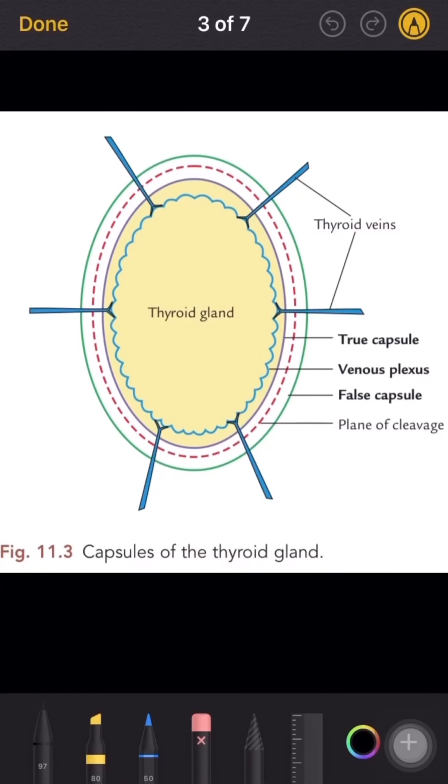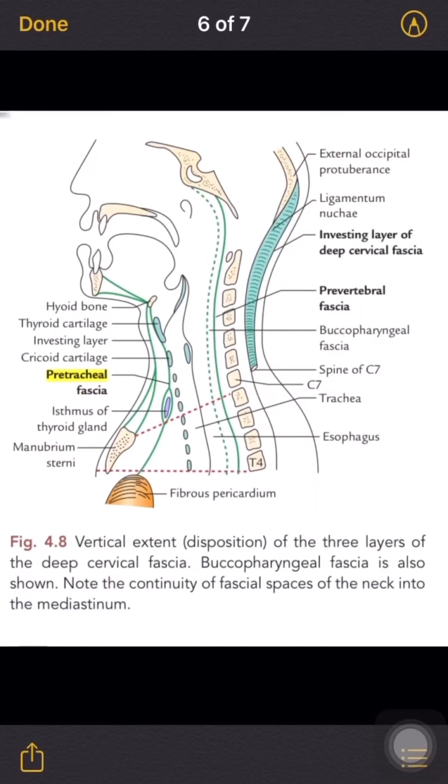So the thyroid gland has two capsules. One is the true inner capsule. This is formed by the compression of the outer region of the thyroid stroma of the thyroid gland. Stroma is nothing but the connective tissue part. Now let's come to the second capsule, which is the false capsule. Now this capsule is formed by the splitting of the pretracheal fascia. Let's see this in detail with another picture.